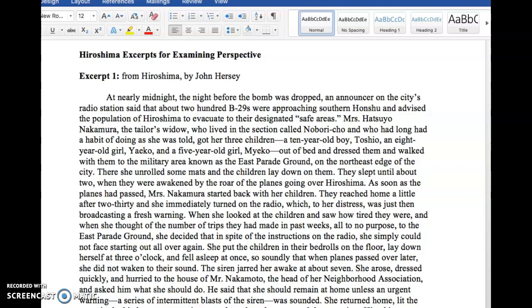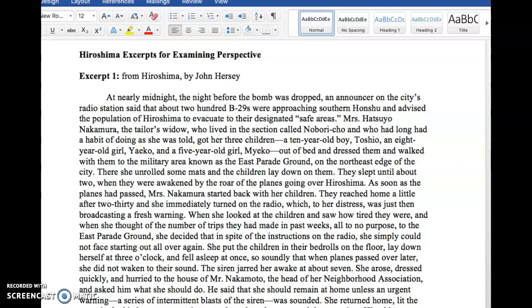When she looked at the children and saw how tired they were, and when she thought of the number of trips they had made in past weeks, all to no purpose, to the East Parade Ground, she decided that in spite of the instructions on the radio, she simply could not face starting out all over again. She put the children in their bedrolls on the floor, lay down herself at 3 o'clock, and fell asleep at once, so soundly that when planes passed over later, she did not waken to their sound.